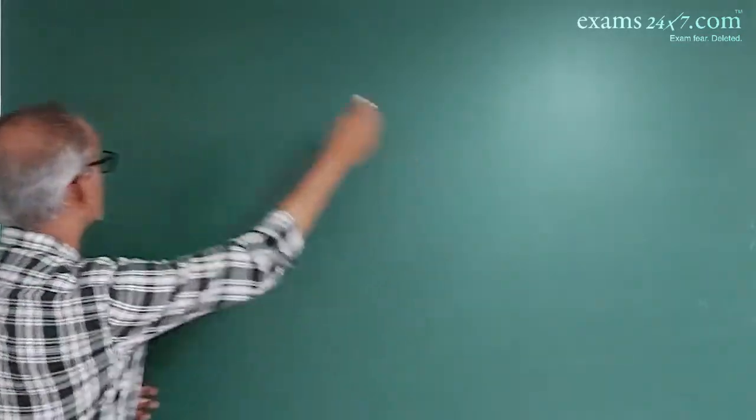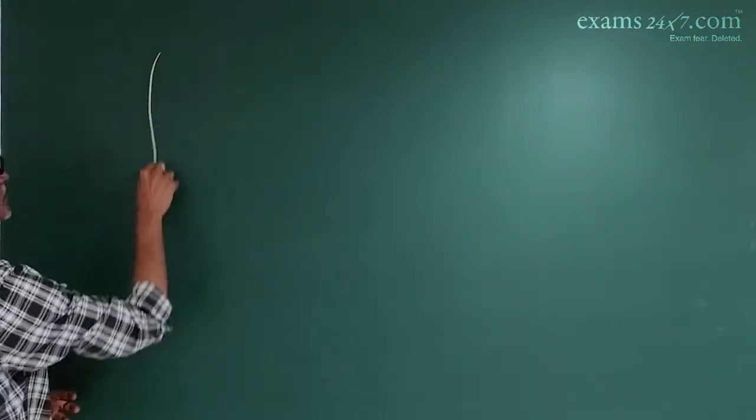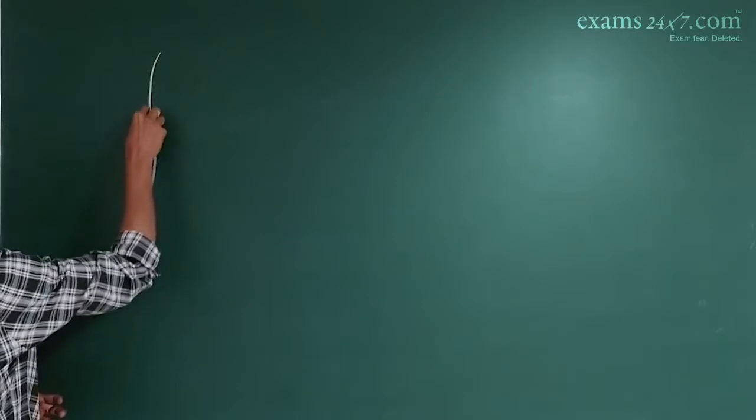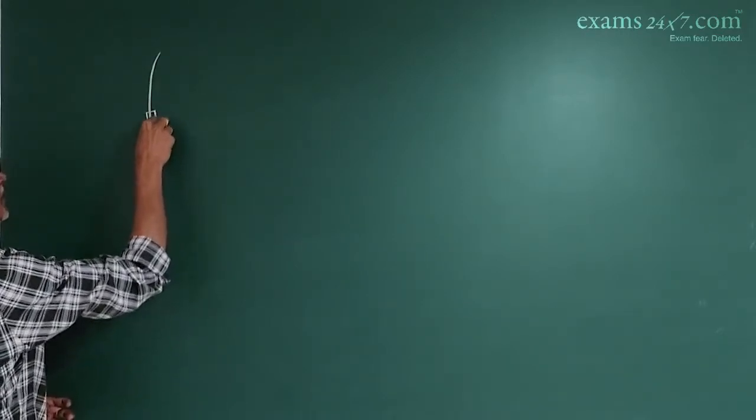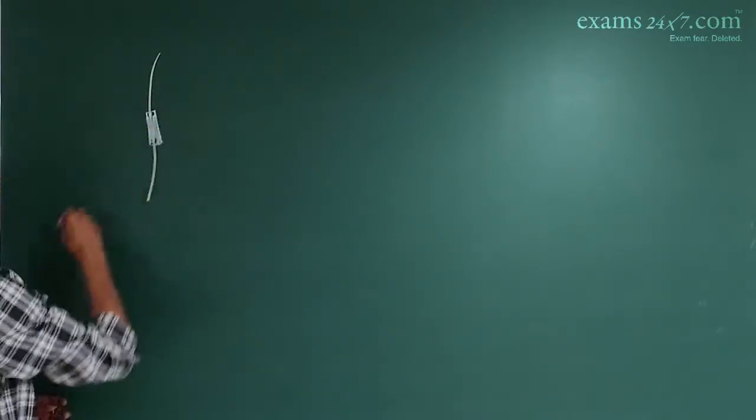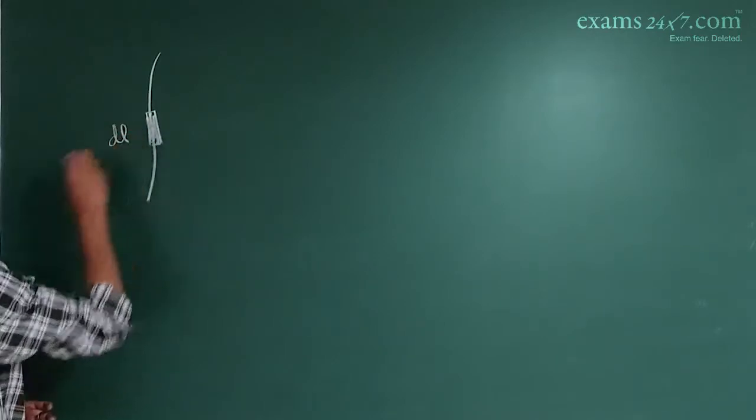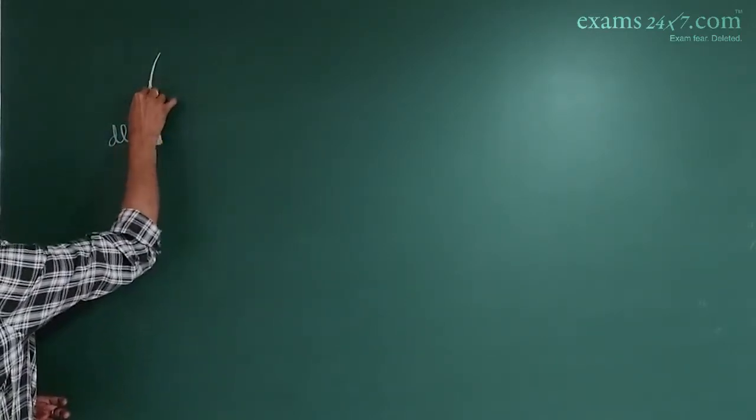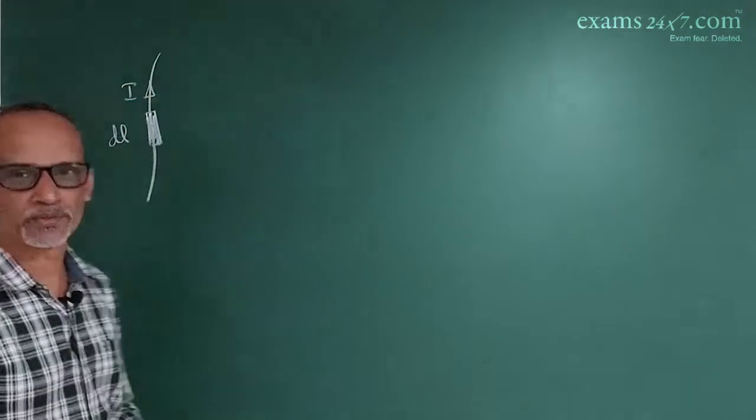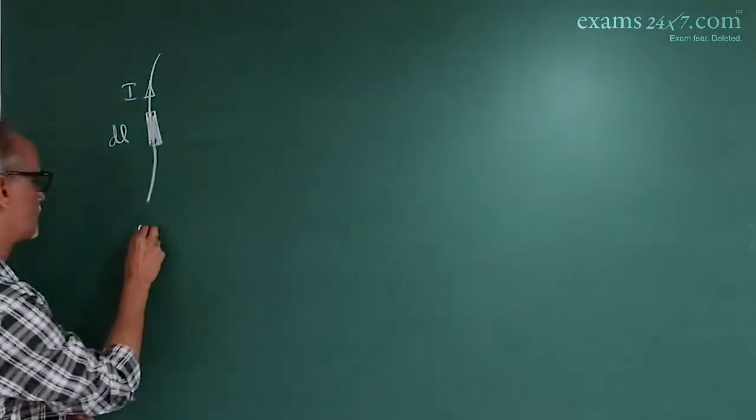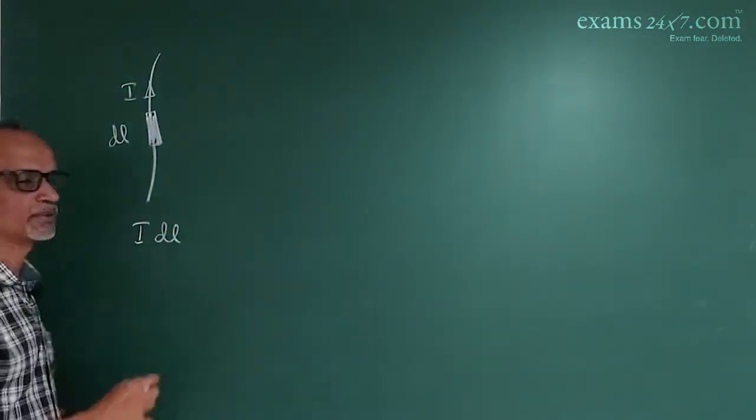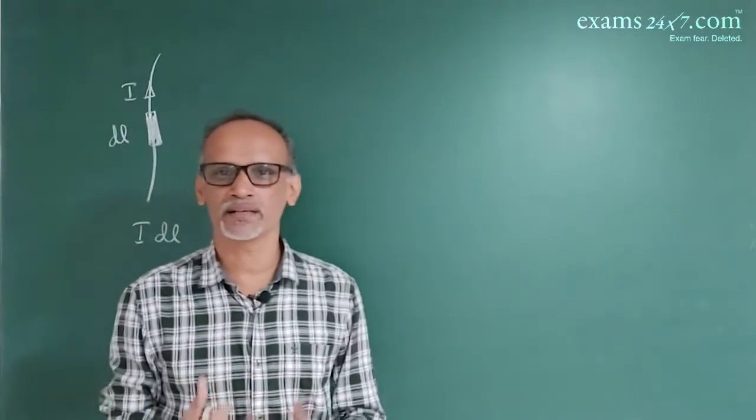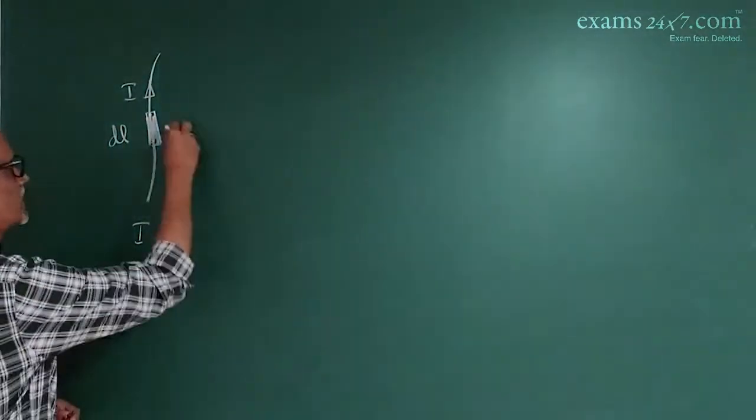So let's consider a conductor of any dimension, and you take a small part of that conductor having length dl, and let I be the current flowing through it. If the product of I into dl is very small, we call it a current element. So at a distance r